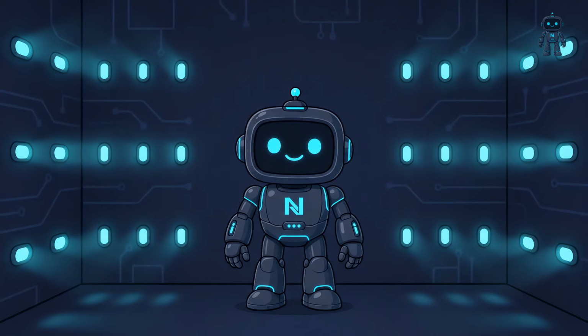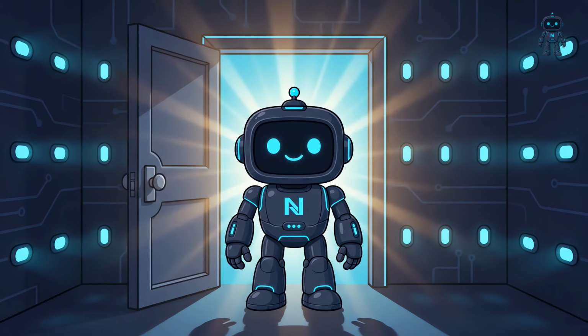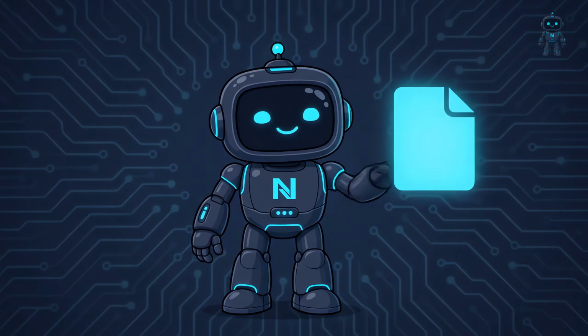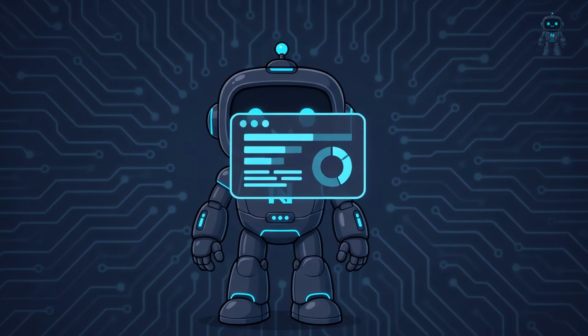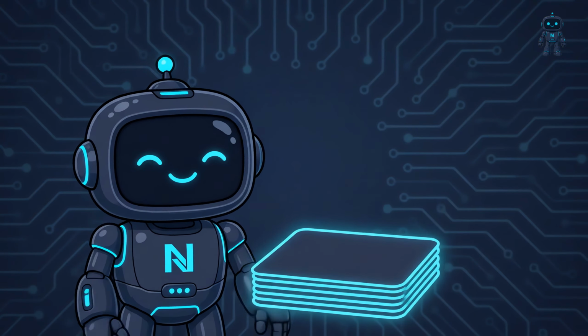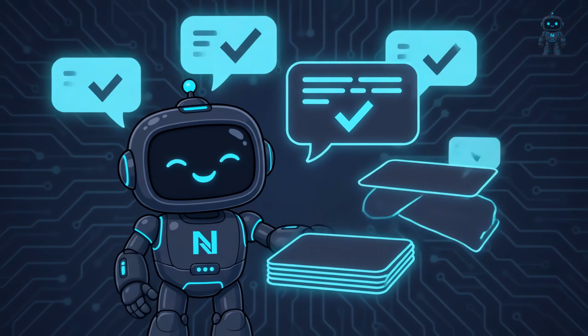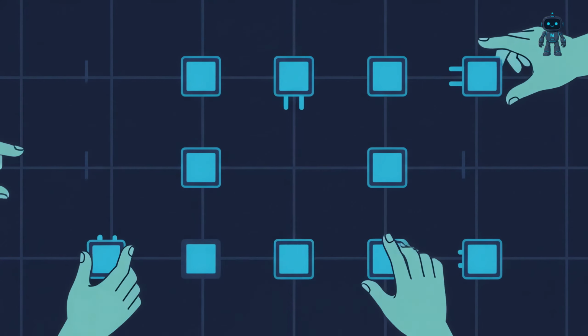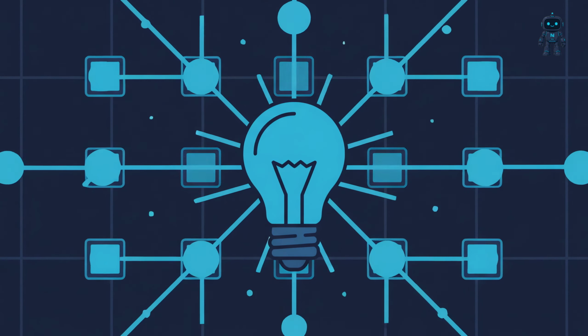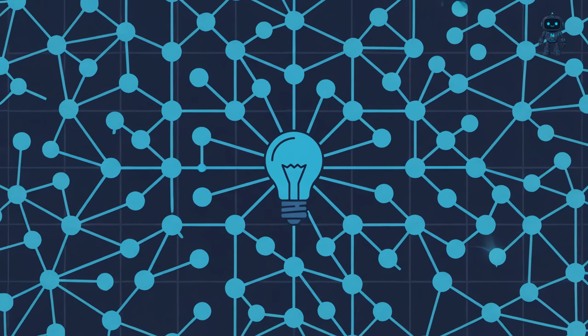And that's the payoff. Once the genius has a universal plug, the room isn't a prison. The AI can open your file and summarize it, find the gap in your calendar, read your open tickets and draft replies. Not by guessing, but by actually doing it, through plugs anyone can build. People have already built servers for GitHub, Slack, even their smart home lights. And because it's open, nobody owns the grid.